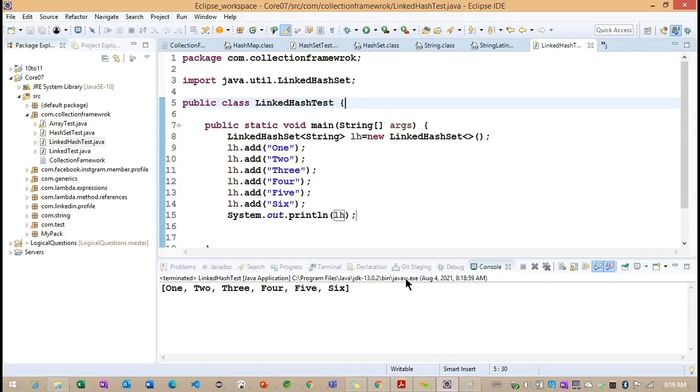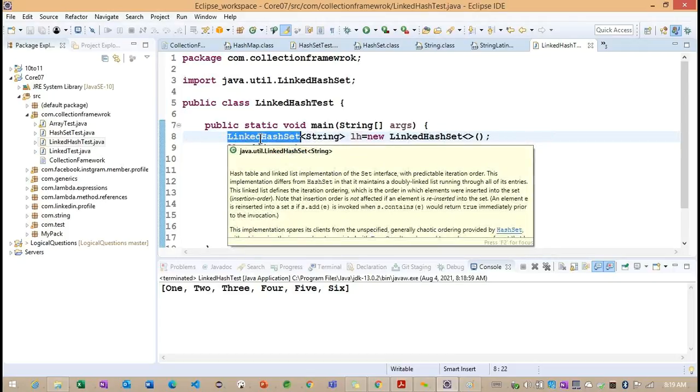Getting the point. Basically, the difference here is that linked hash set internally is going to go for the linked list concept. It's going to create a node, and we'll have previous node and next node references. Right?